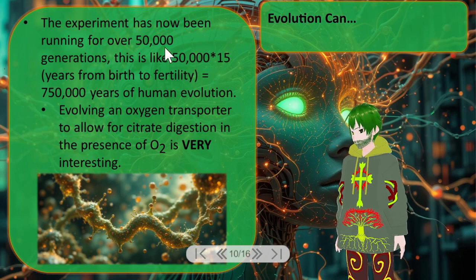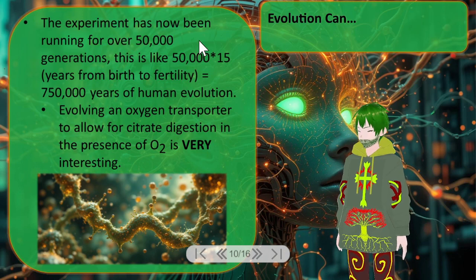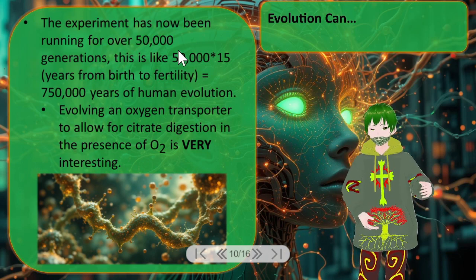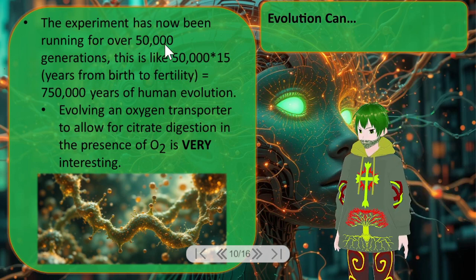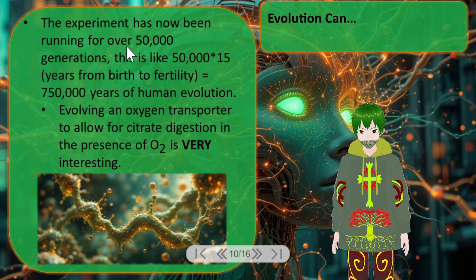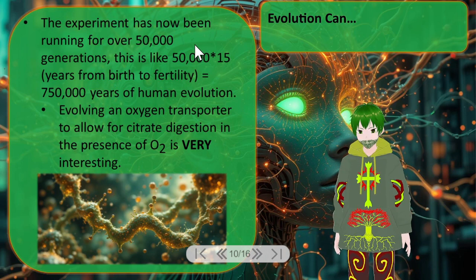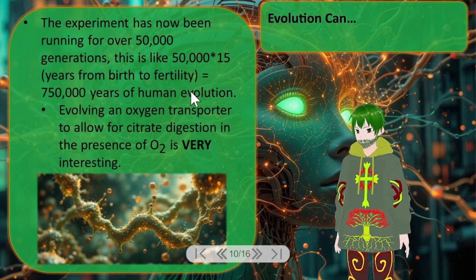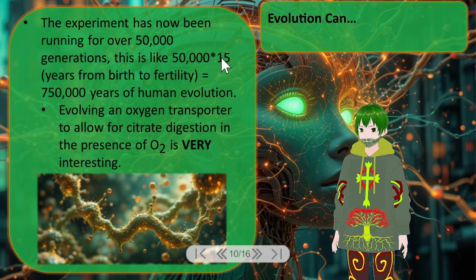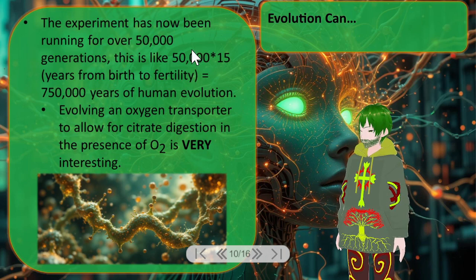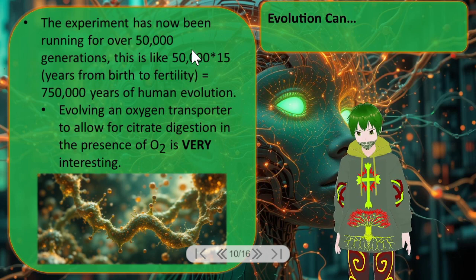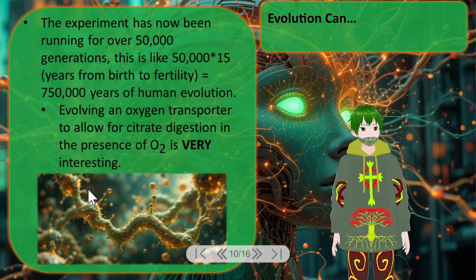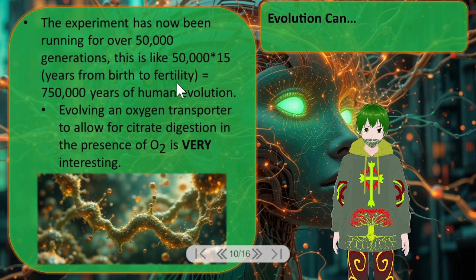So the experiment continued to run. Its most recent published paper that I'm aware of, and again, I haven't looked at this in the better part of a decade, so it may have gone, well, I know for a fact it's gone to 80,000 generations, but the last published paper I'm aware of was at 50,000 generations. And that's roughly 750,000 years of human evolution, again at 15-year generational times, and with population sizes that dwarf the entire history of human populations. So you want to see a lot more, to be honest.